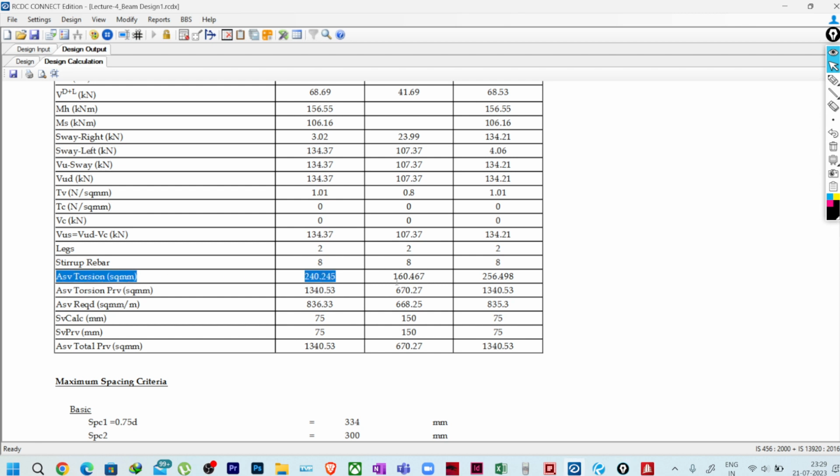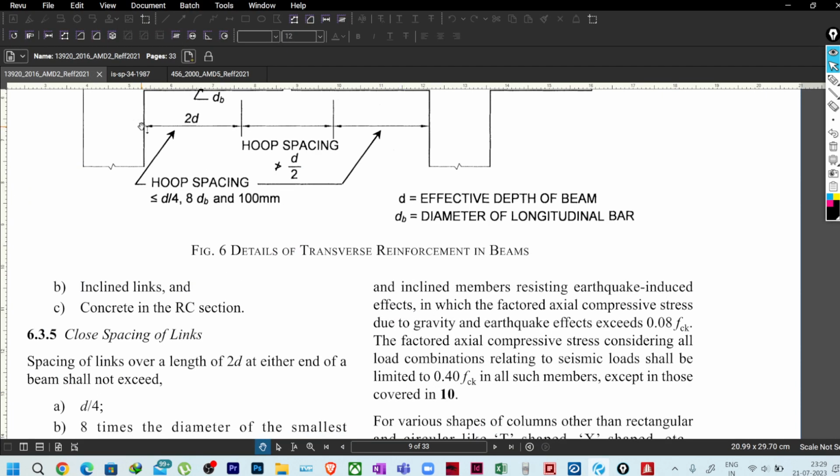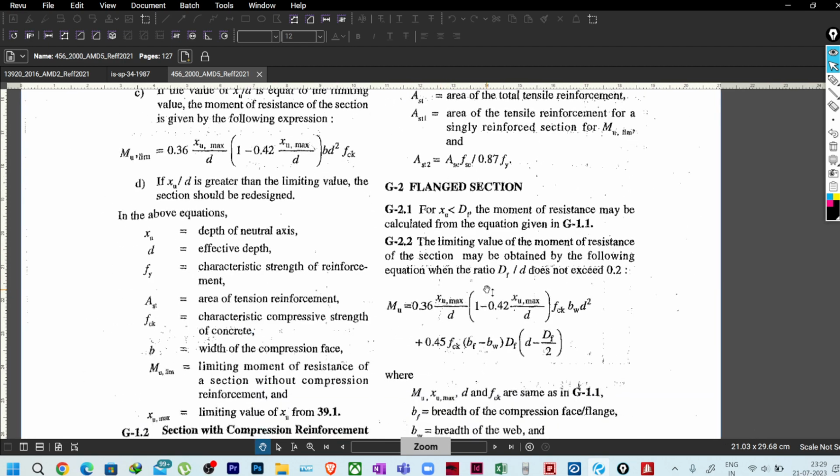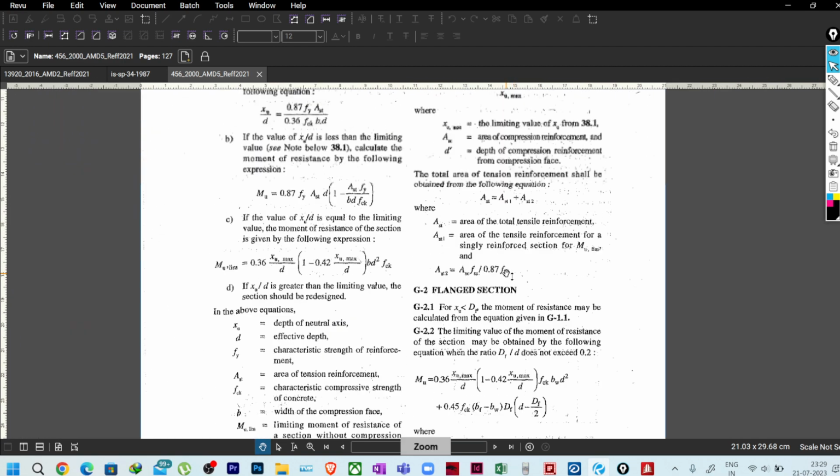Asv for torsion, we all know, this is for the torsion. So the provided reinforcement is now 8 mm dia bar with 2-legged. If you provide this, okay, so Asv torsion already discussed actually. Let me show you again. Asv torsion will be calculated using where it is,